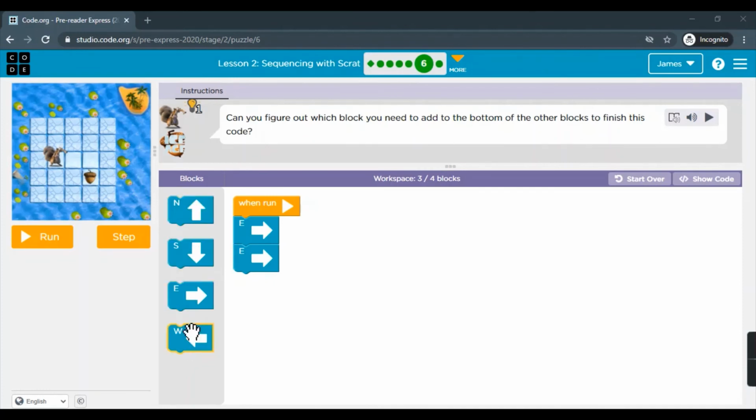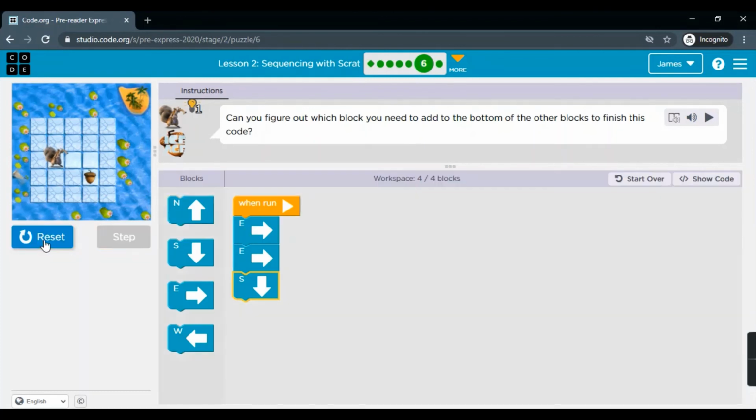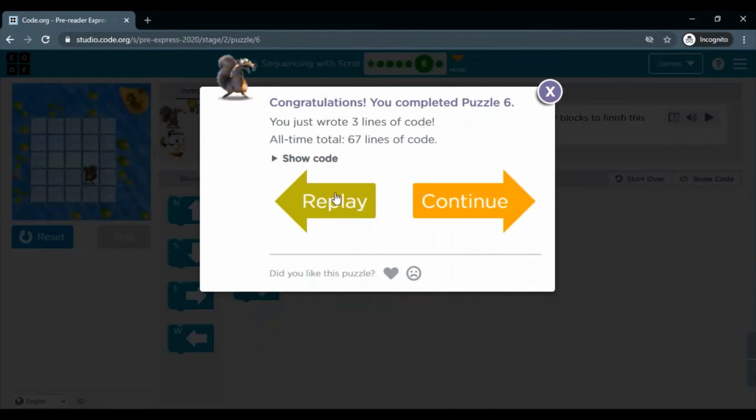So we will need a down block here. Let's get that here. And this is what exactly we need to do to finish this puzzle. Now let's run. Now let's continue to puzzle 7.